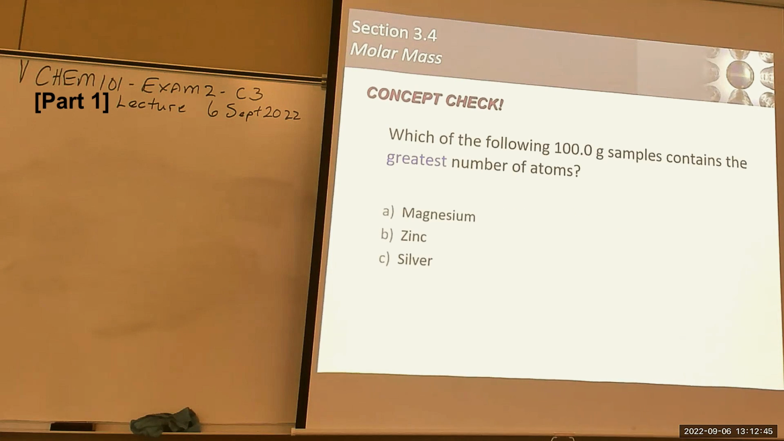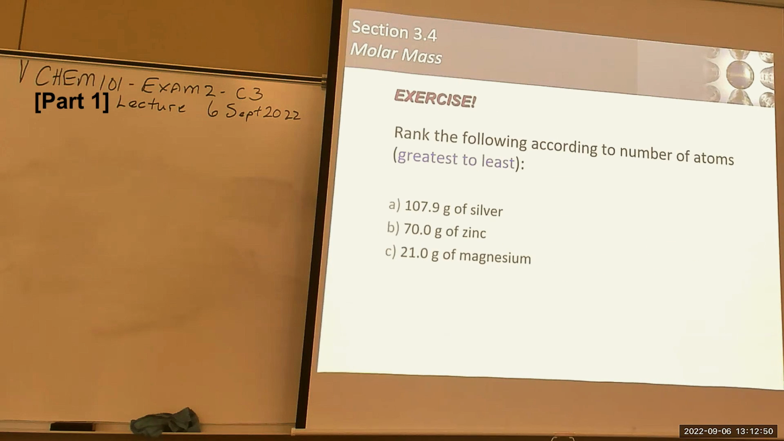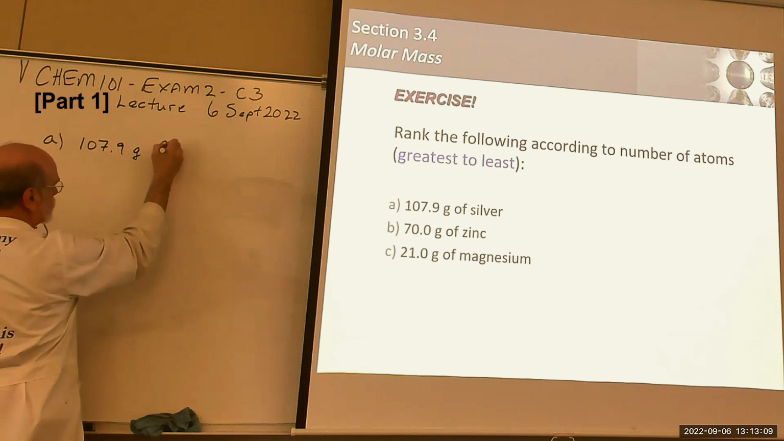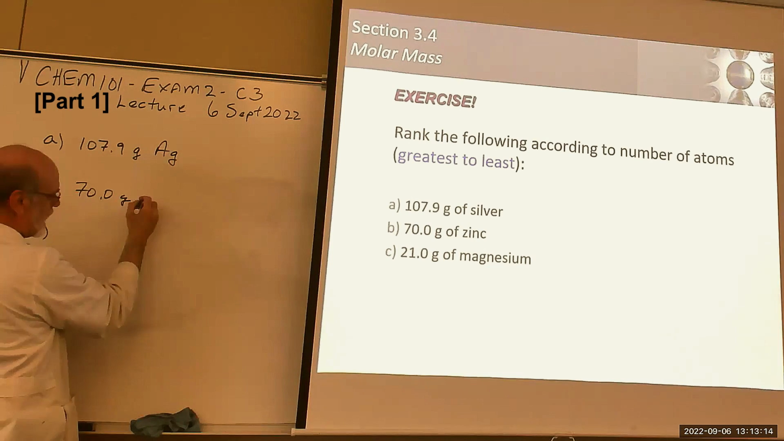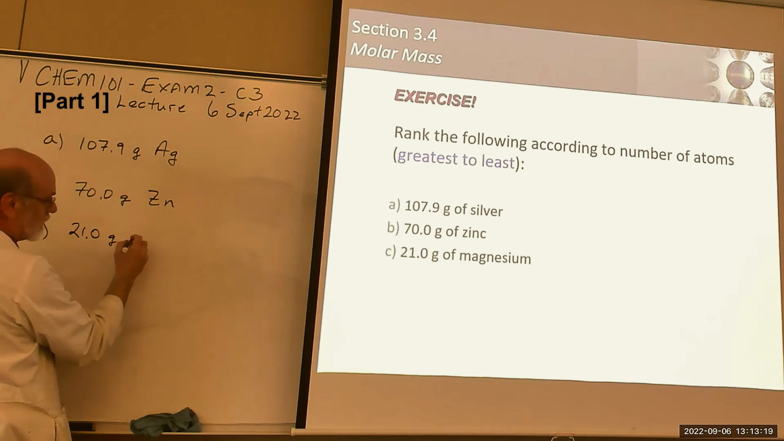All righty. Okay, rank the following according to the number of atoms greatest to least. All right, this one looks difficult, but it's really not. If we're given 107.9 grams of silver and 70 grams of zinc and 21.0 grams of